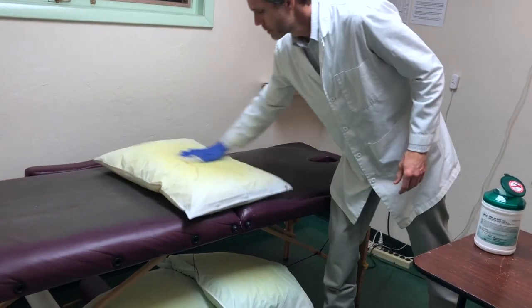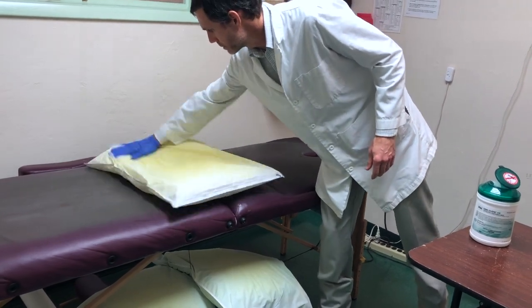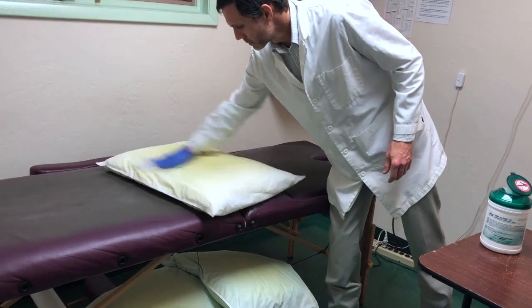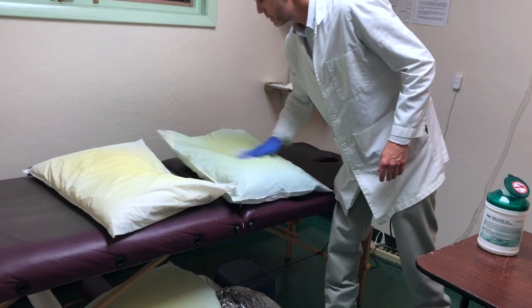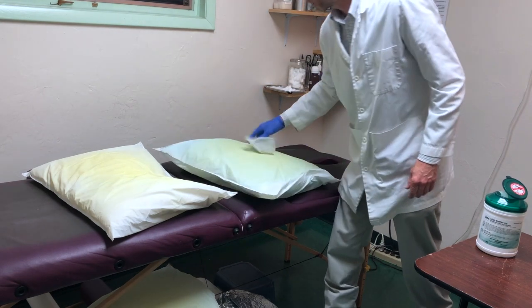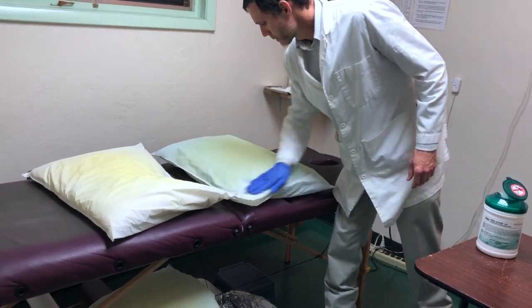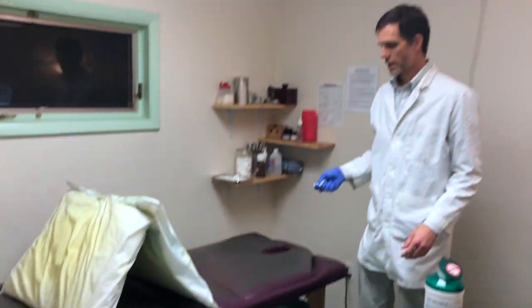Grab another wipe. Do the one side of the pillow. Flip it over. Do the other side of the pillow. Two pillows. We'll go ahead and do the other pillow. Be as thorough as you can. Okay. And then we can stack the pillows up like that, and that way they can dry a little bit more